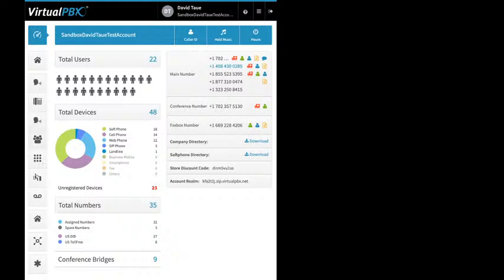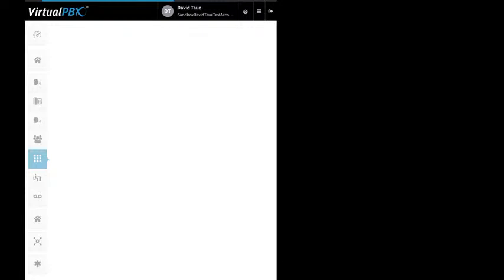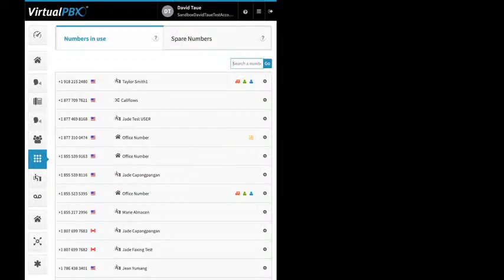All right. So we were just on groups. So let's go down here. This is numbers, or your number manager. Right now, I guess I didn't adjust the width enough, so it's only giving me the icons versus this spelled out. So here you see your numbers in use, and where they're going. You got the gear icons here, so again you can adjust the caller ID, E911, prepend,